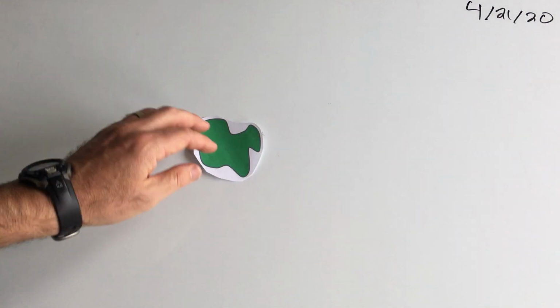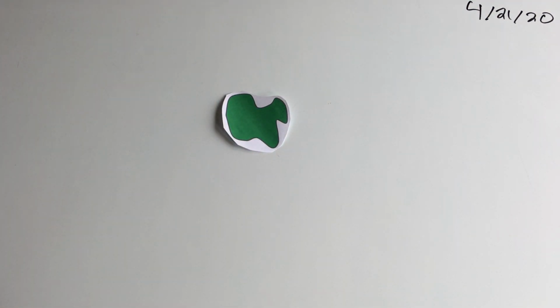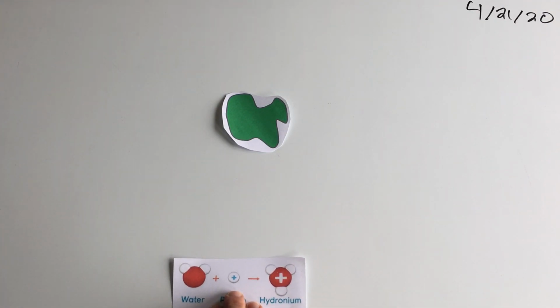So again, how do I decide if an unknown glop of something is an acid? I know. I'll put it in my mouth and see if it's sour. That's a terrible idea. Okay, I'll put it on metal and wait a really long time and see if it corrodes. That's a much better, safer idea, but also seems a little barbaric. Isn't there a more cool way? Oh, yeah, that's right. I can add it to water and see if it transforms water into hydronium.